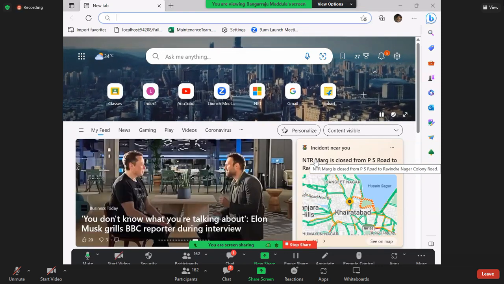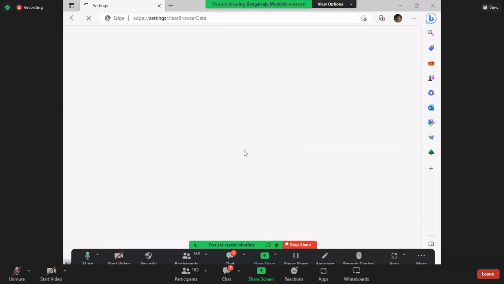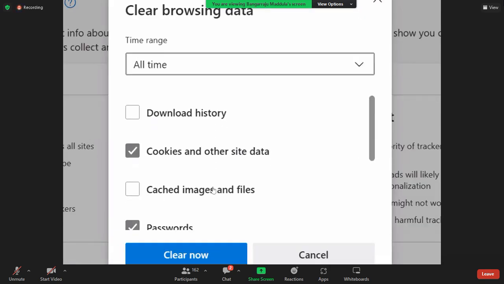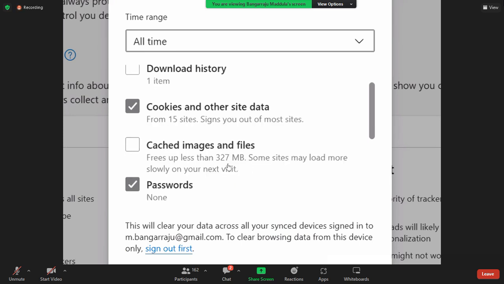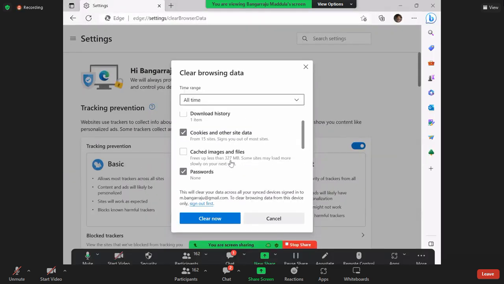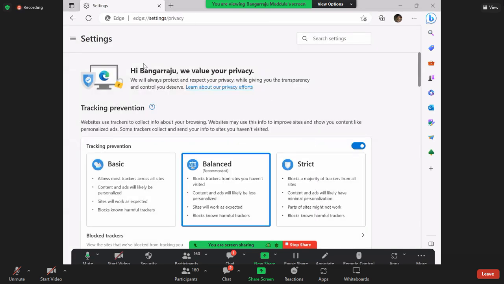Why? The browser caches images. For that type of problem, you're required to clear the browser image cache. If you face that problem, you can see 327 MB of images are in the cache memory. So even though these images are updated on the site, I will still get the old images. Did you catch my point or not? So you can delete whatever you want. If I select all, it is a whitewash. Everything is cleared. You can clear whatever you want, I'm just giving an idea, that's all.